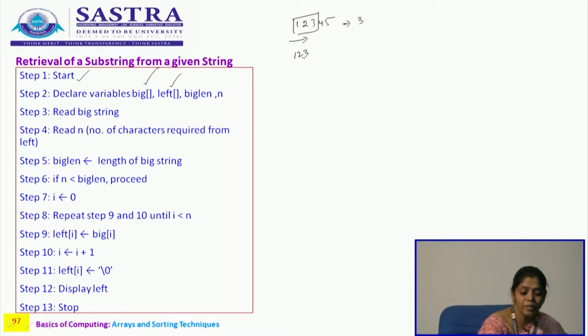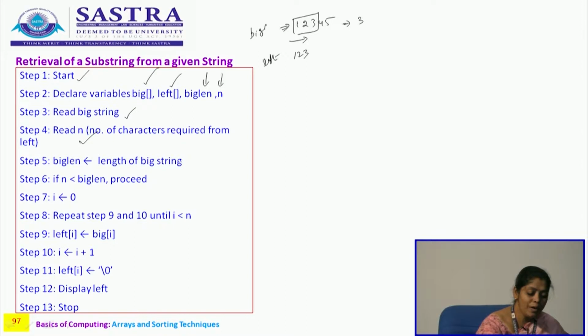So, big is for storing the original string, and left is for storing the retrieved string from the left hand side, and big length is going to hold the length of the bigger string, and n is going to hold the number of elements the user wants to retrieve from left. After that you read the big string and read the number of characters required by the user from left,